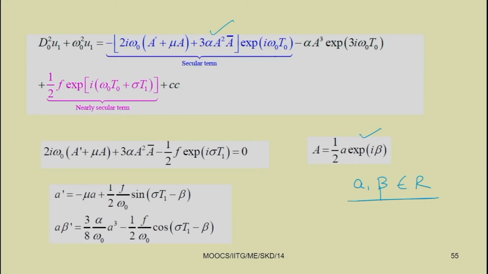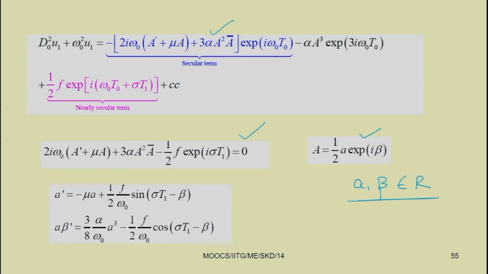By substituting A equal to half a e to the power i beta in the terms which are secular, and separating real and imaginary terms,